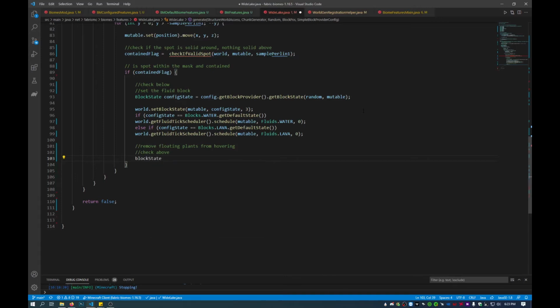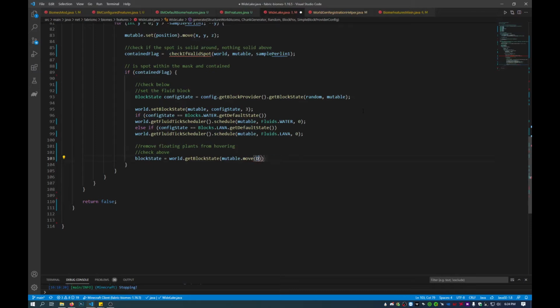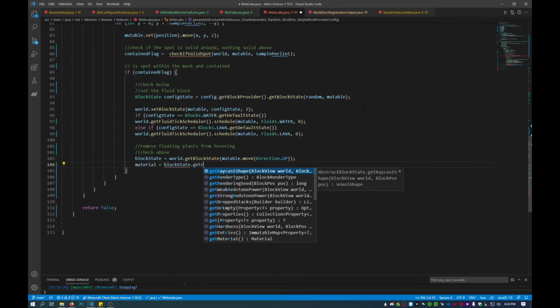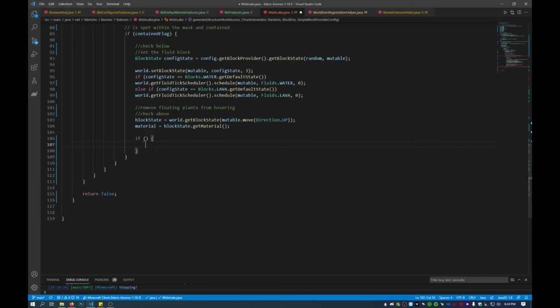And then we'll use block state equals world get block state, and this is mutable. And then we'll have to move a direction. So first direction, I guess we'll go like we said we were going to, is up. And then the material is the block state, and then get material. And I have to create an if statement here to deal with all of the plants and whatnot. So let's see here. Material is plant and